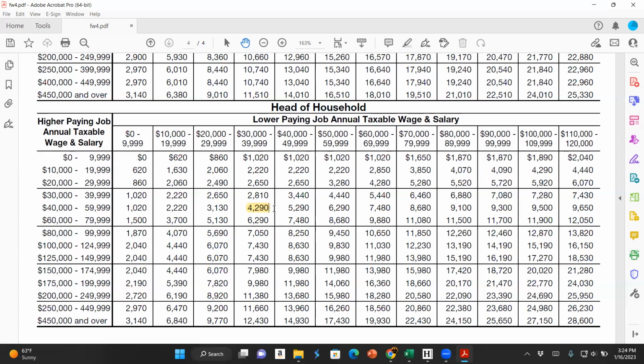$4,290. So Billy Bob is going to need extra withholding from his paychecks because what happens when you fill out a W-4, it doesn't take into account the other income that you have. So you have to do that manually. And that's why we're using this chart to find this number. So with that